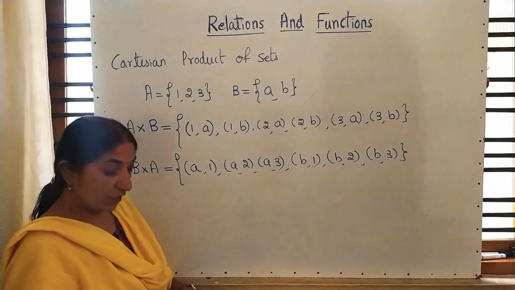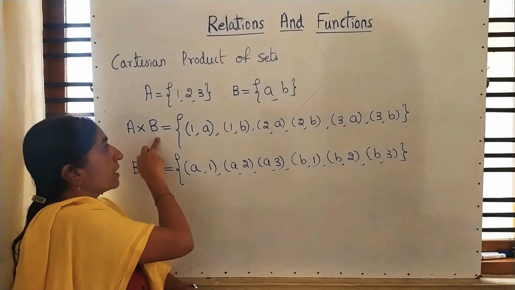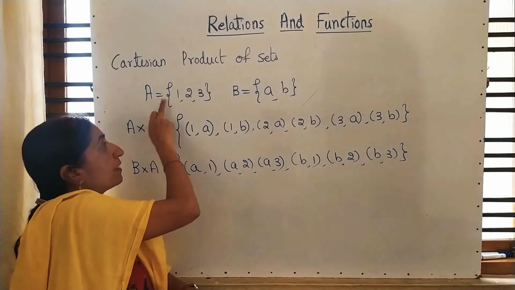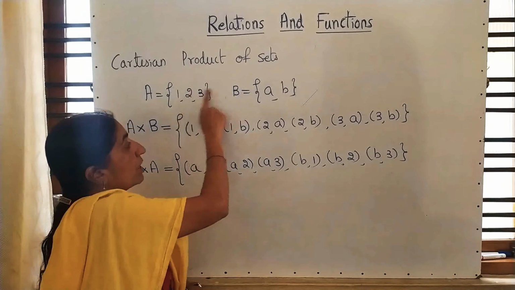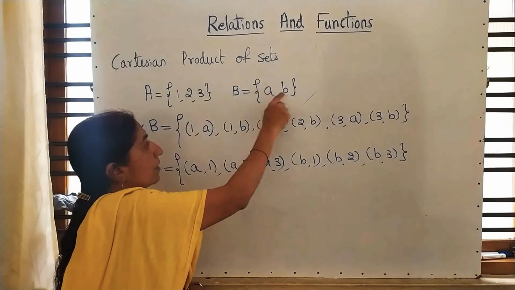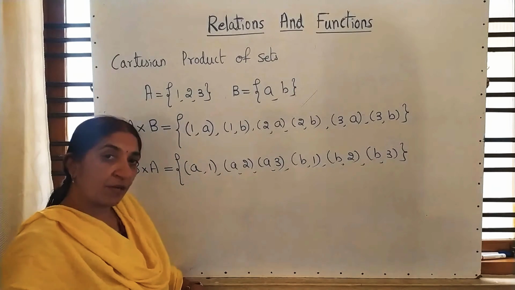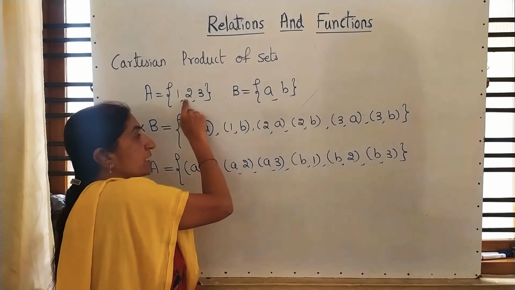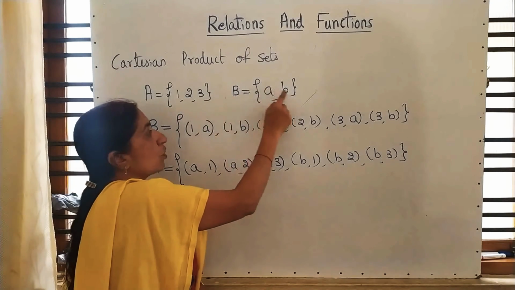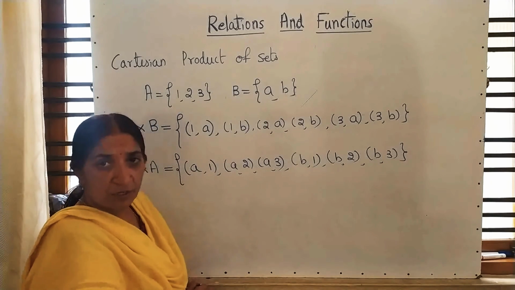So don't worry, I will explain so many examples. Once again I am explaining A cross B. That means you have to select the element from set A and write it in the form of ordered pairs. (1, a), (1, b). Let us finish with all the elements of the second set. So only 2 elements that we completed. Then moving to the next: (2, a), (2, b). Then (3, a), (3, b). Is it clear or what?